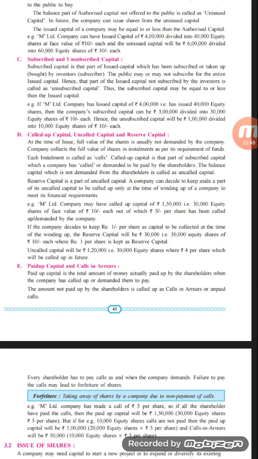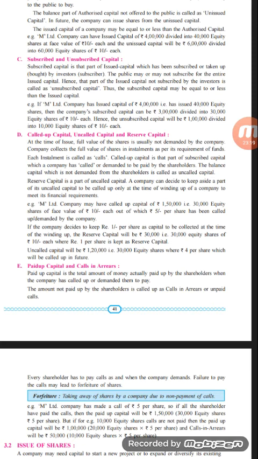An example is also given here. If M Limited company has issued 4 lakh of equity shares, that is 40,000 equity shares of rupees 10 each, then the company's subscribed capital could be 3 lakh divided into 30,000 equity shares of rupees 10 each. Hence the unsubscribed capital is rupees 1 lakh divided into 10,000 equity shares of rupees 10 each. So the company has issued 40,000 equity shares in the market, but the investors have purchased only 30,000, and 10,000 equity shares have been unsold in the market.